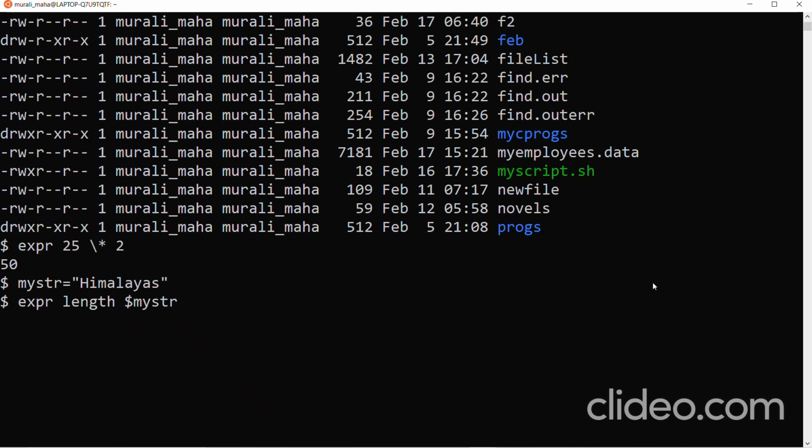So you need to prefix it with the dollar. If you want to store the result in a variable, very simple. len equal to backtick, go to the end, backtick. echo $len, 9. Correct? It finds the length of the string and returns it.